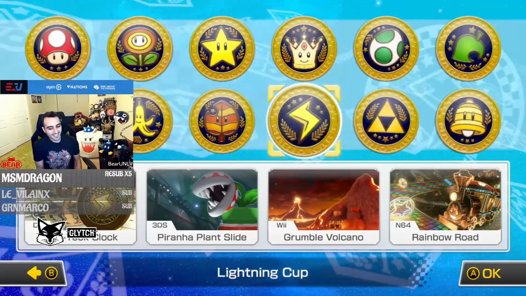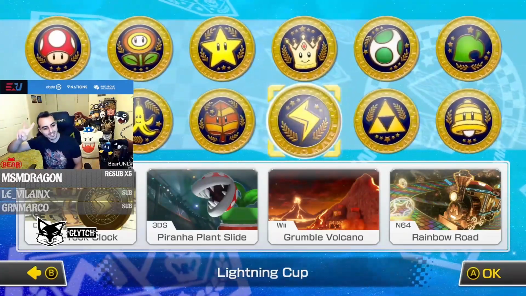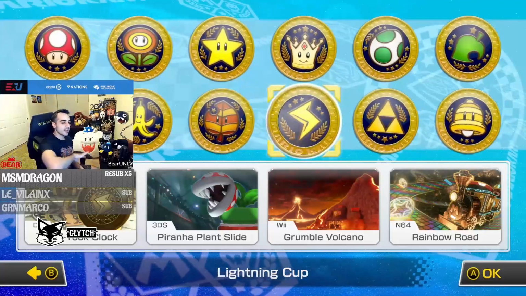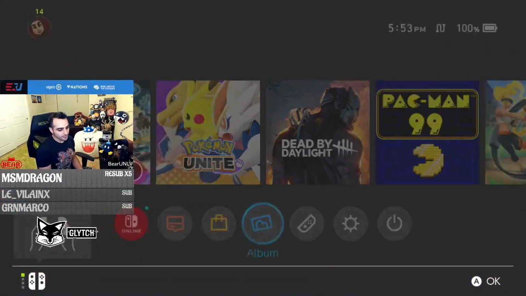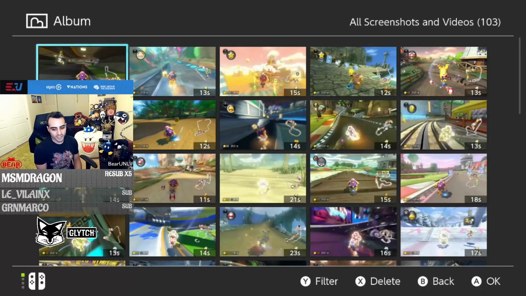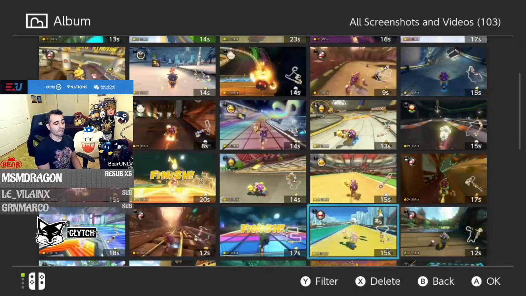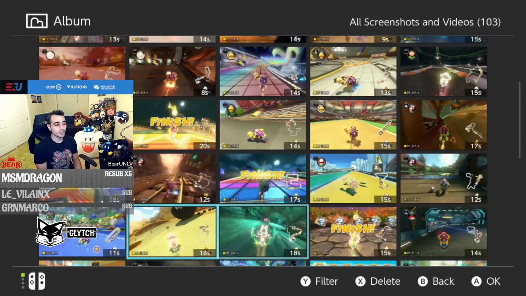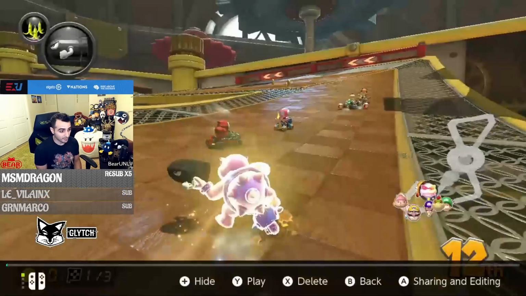All right, Lightning Cup is 4 tracks: Tick-Tock Clock, Piranha Plant Slide, Grumble Volcano, and Rainbow Road N64. So yes, it is true. It is extension time. It's also one of my favorite looking bullet bills. This one looks so cool. I love how this looks. This is like when I first did it, I was like,